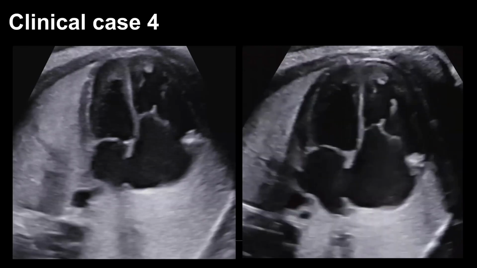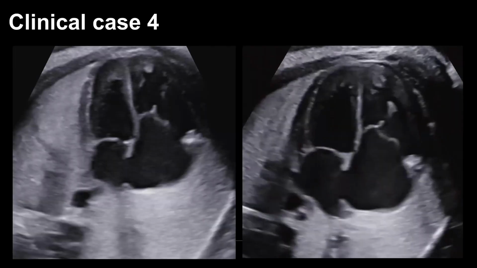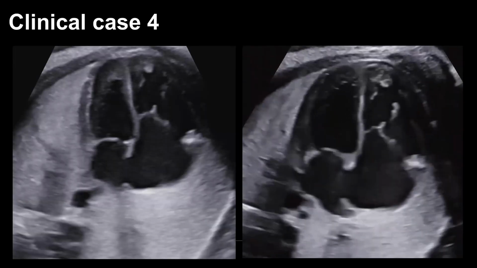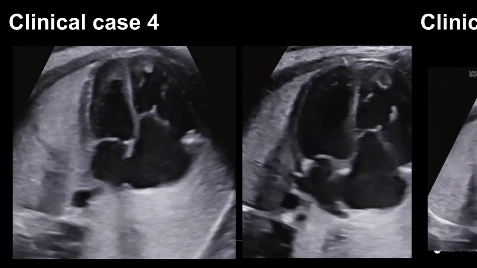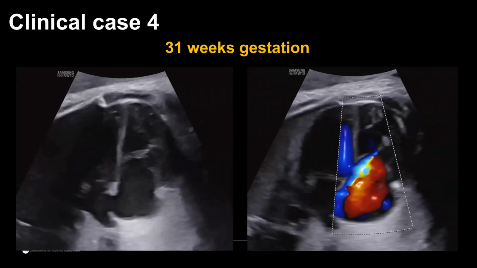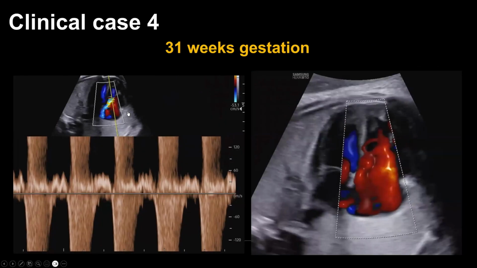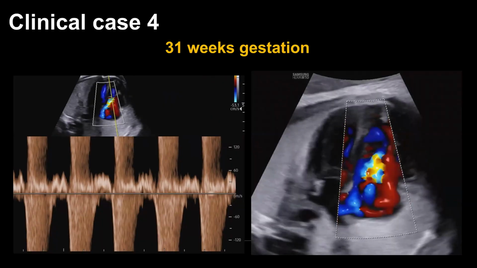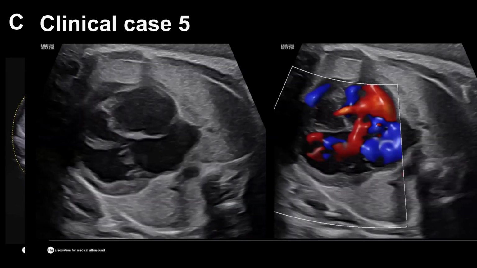And this is where the situation may develop later in the pregnancy. That's why there is a huge discussion about whether we should do the third trimester assessment routinely to pick up situations like that. And this is the classic Ebstein anomaly, the significant displacement of the septal leaflet of the tricuspid valve towards the apex. And here is the confirmation using the color Doppler and the spectral Doppler, and all the measurements. We can demonstrate the cardiomegaly, and we can directly measure the displacement of that leaflet.